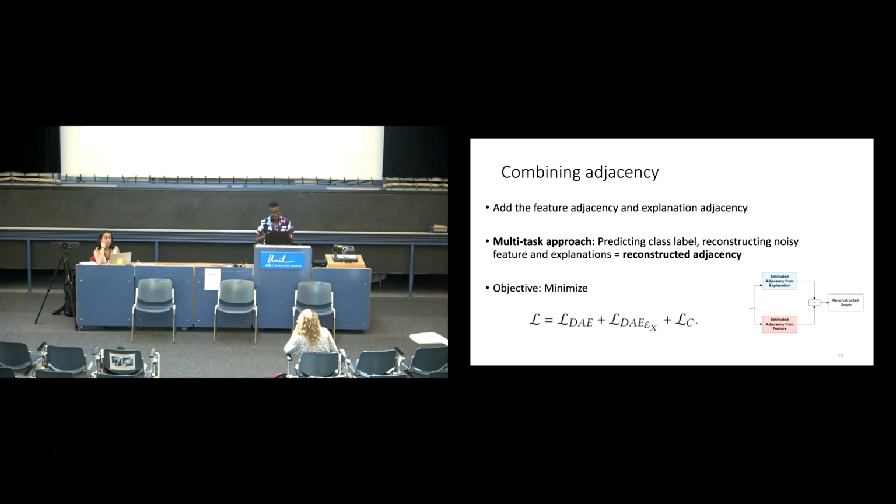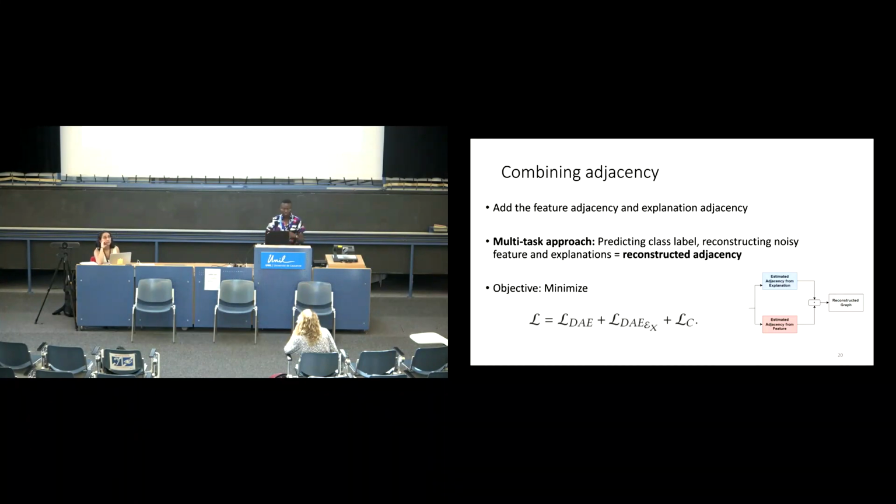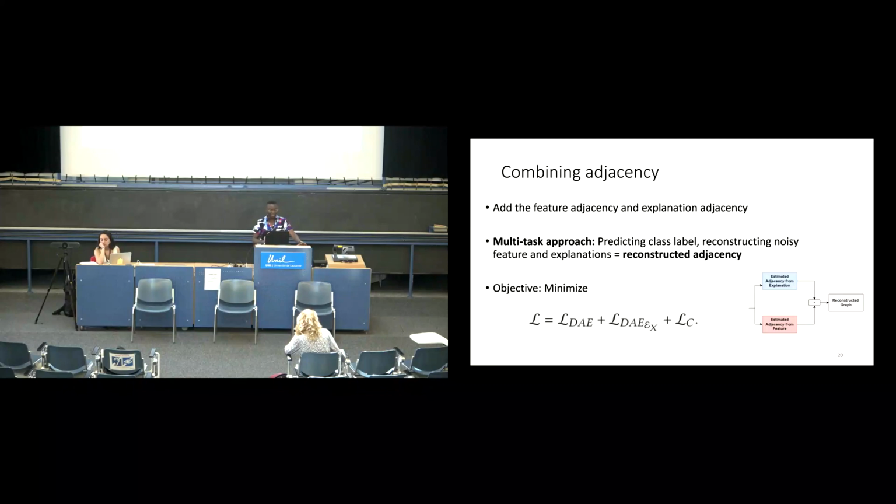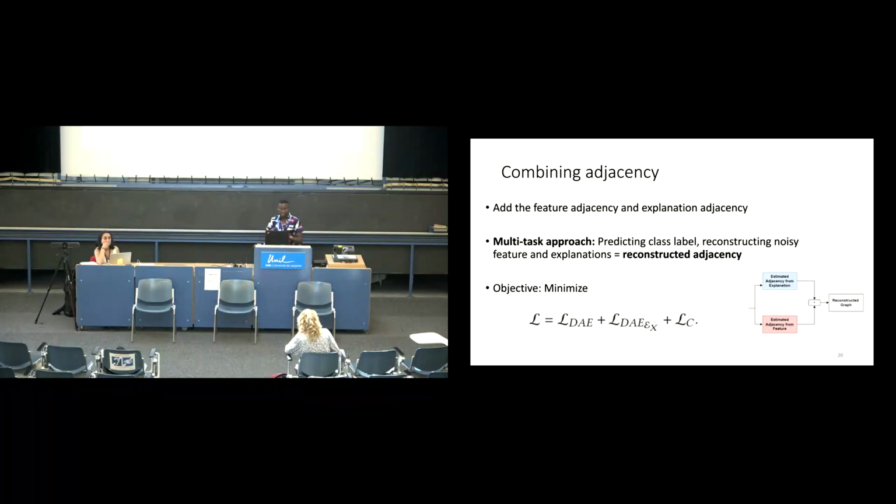So we have three loss functions, and the first one is from predicting the noisy version of your features, the noisy version of your explanation, and of course the downstream task. So it's more like a multitask approach. And lastly, you combine the adjacency together. By combining the adjacency, you take the adjacency from your features and then that of the explanation, and of course you normalize it, and that is the final